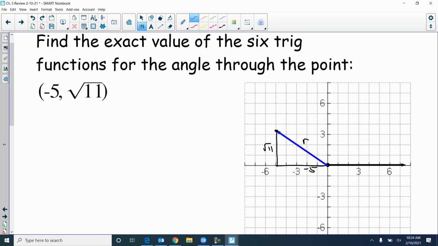And so that's going to be -5 squared plus square root of 11 squared equals R squared. 25 plus 11, I get 36. And you should get that value as 6. Okay, so that hypotenuse is 6. So now your sine,